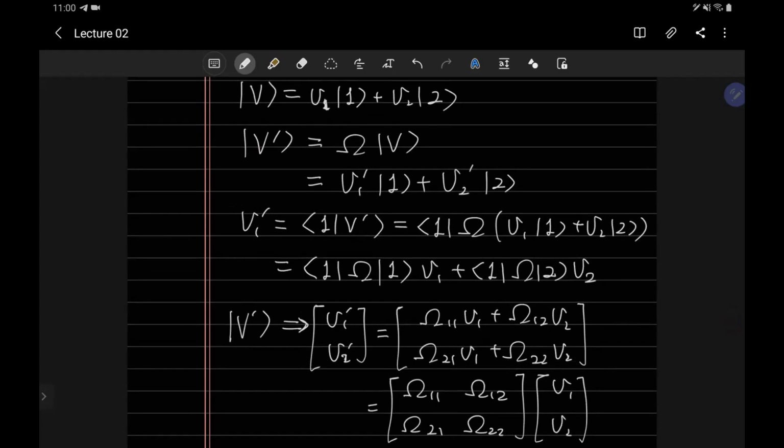And also for the new vector, which is the result of the linear operation on the original initial vector, the vector components of this new vector can also be written in terms of the